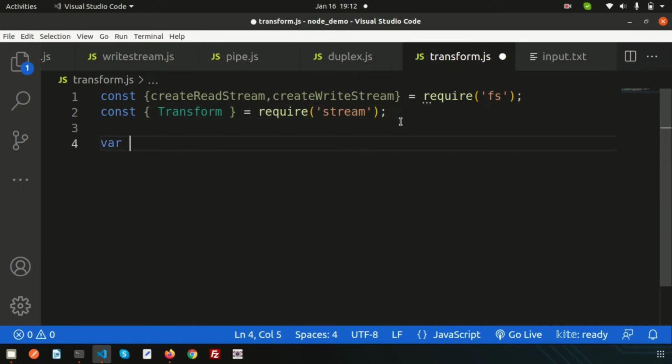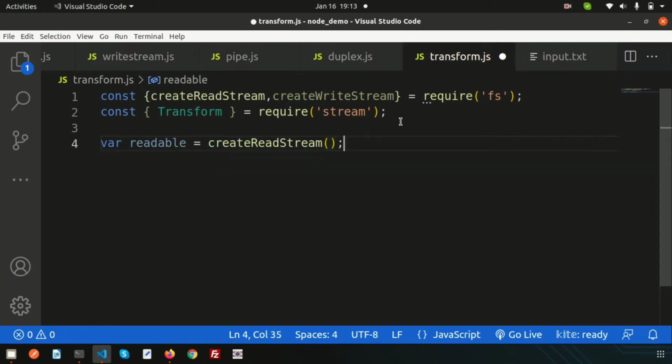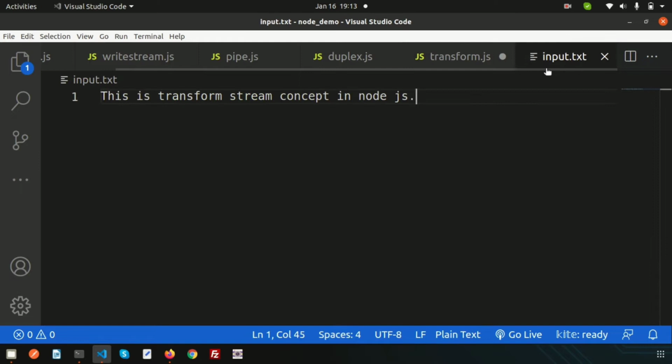Let's create a variable, suppose readable, and let's use createReadStream. So we'll basically read the data. Here my source will be input.txt, this is the file input.txt.